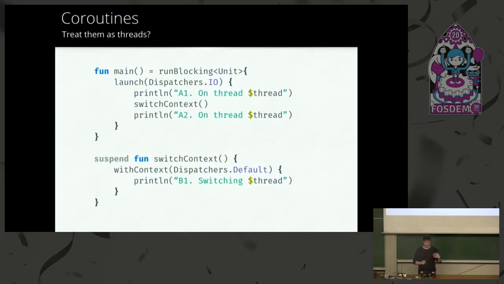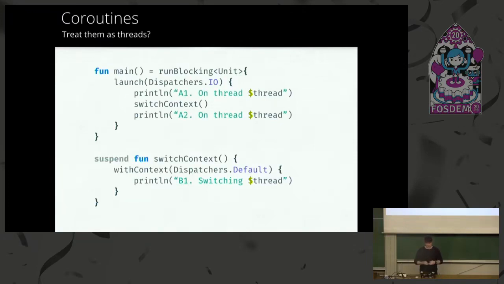We launch on the dispatcher IO, we print A1 on thread worker 1, say. Then we call a suspension function which declares a withContext and a different dispatcher. And here you can possibly end up in a different thread. You're going to end up in a different context, but you can switch thread and you can stay in the same one. And when you come back to the coroutine from the suspension and print A2, you can just follow